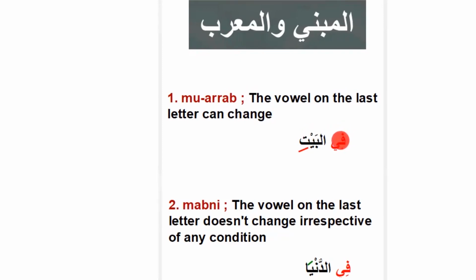But assuming, as you can see here, a harf for the jar comes before the word. You can remember what huruf al-jar do. They will have a grammatical impact on the word, and that is a change on their last letter to kesra. So this word al-baytu has changed. The vowel on the last letter has changed from dhamma to kesra. So it is called mu'arrab.